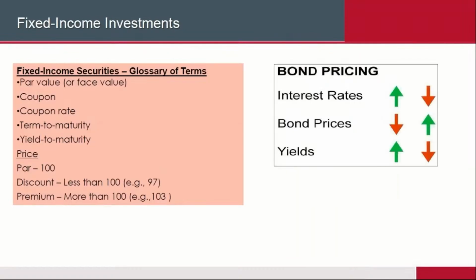Okay. So let's take a look now at the fixed income investments. These are basically the safest. Like I said, there's always risk, okay? But they are the safest kind of investments. So the first thing we look at, and this is primarily bonds, annuities, things of that nature, okay? So the par value is the face value. In other words, what you bought the bond for. So let's say you bought a $10,000 bond. That is the par value, $10,000, or face value, $10,000, okay?